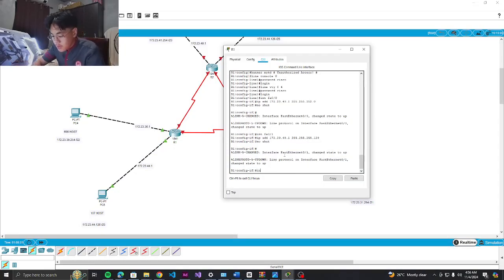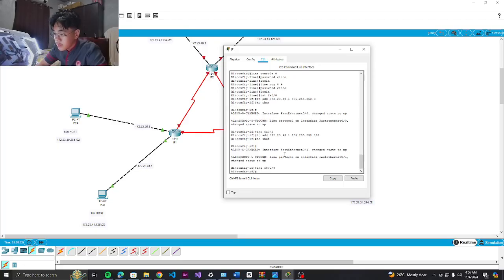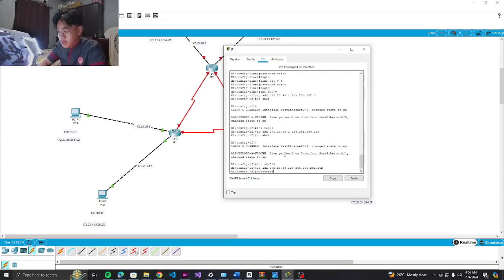So the next one is our interface serial 0/0/0, and then we have IP address 172.23.48.129. Then we have 255.255.255.252, and then the clock rate will be